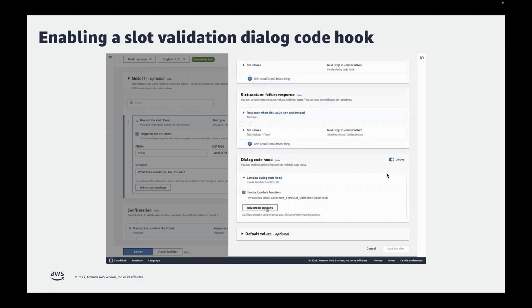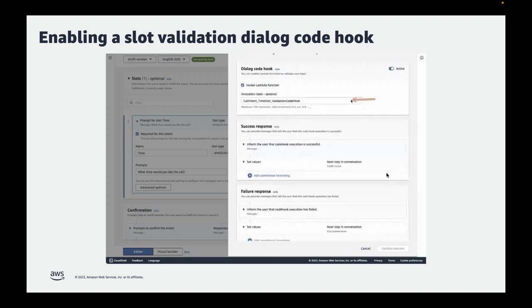And so down at the bottom here in our dialog code hook, we're turning it on. We're making sure it's active. And we're going to set an invocation label. Because let's remember that while there's only one,